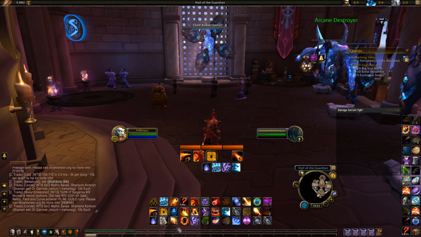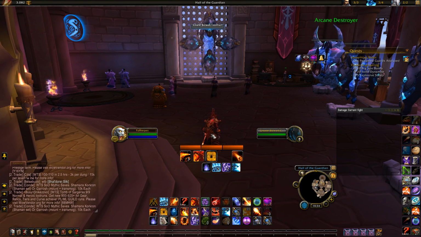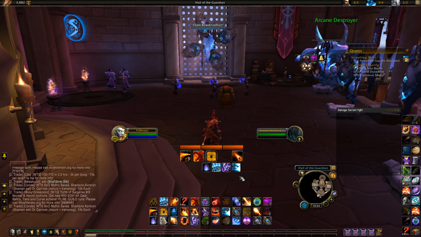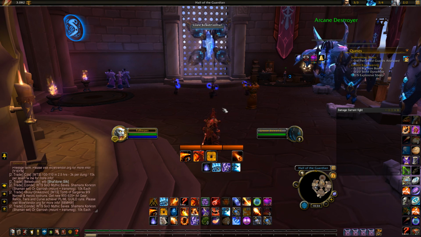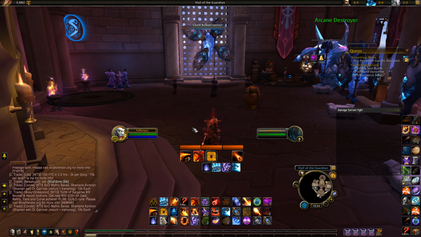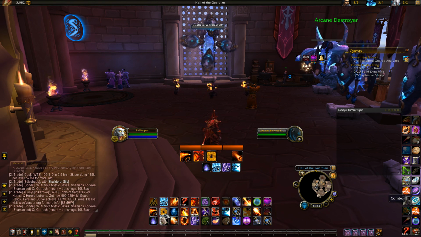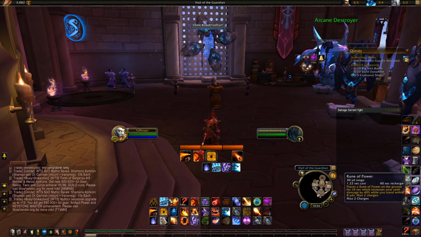Pyroblast, Fire Blast, Pyroblast, Fire Blast, Pyroblast, Phoenix Flames, Pyroblast, Phoenix Flames, Pyroblast. Then normally another Fire Blast will be ready. And then you're going into Scorch, get another 2 instant Pyros off. However, if you got a proc from your legendary bracers, you're going to start hardcasting your Pyroblast right away during your combustion. Hopefully you get 1 or 2 procs,